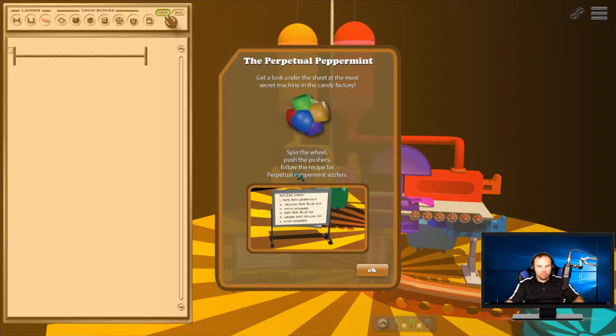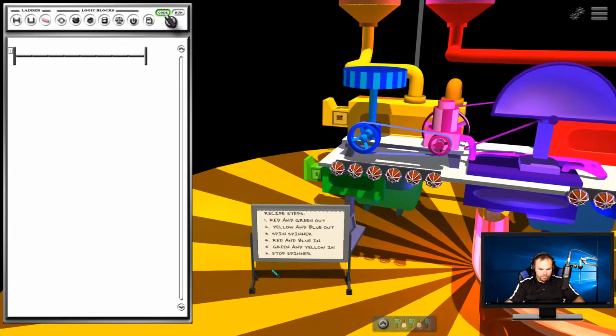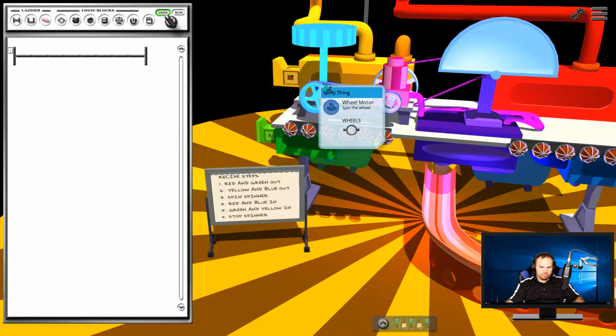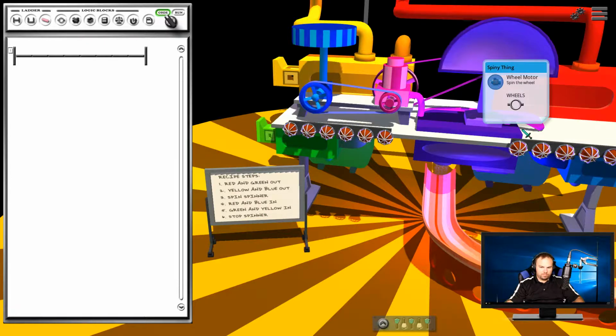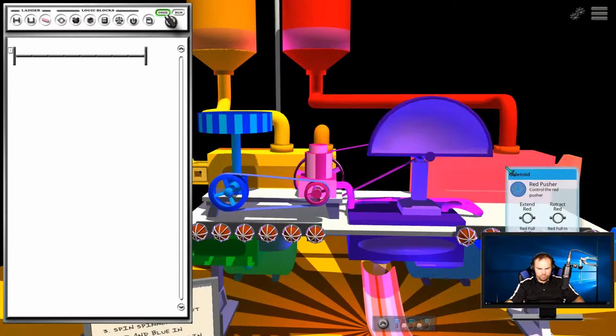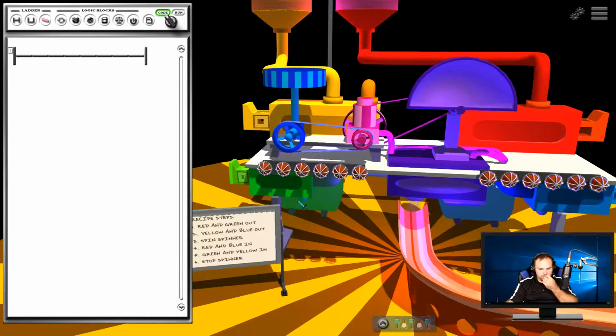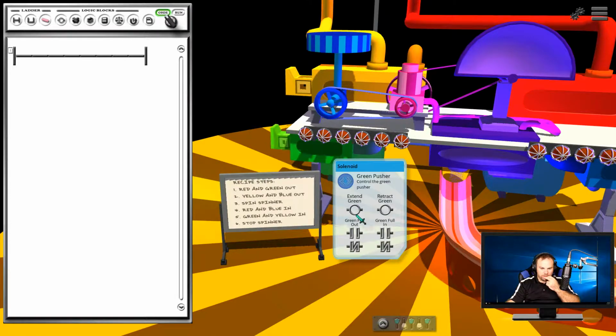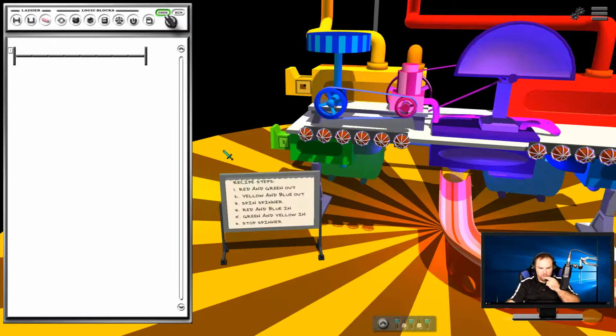Spin the wheel, push the pushers, follow the recipe for perpetual peppermint. Recipe steps: red and green out, yellow and blue out, spin spinner, red and blue in, green and yellow in, stop spinner. This one might be a little easier. So first we extend green and red. So first off, first stage is